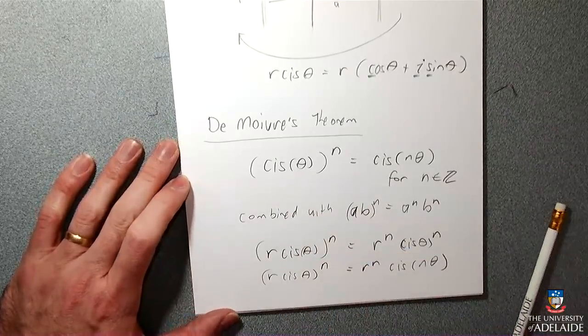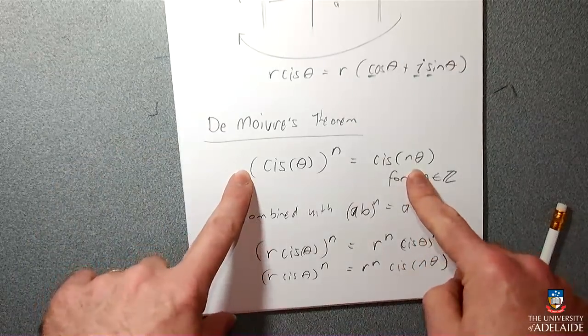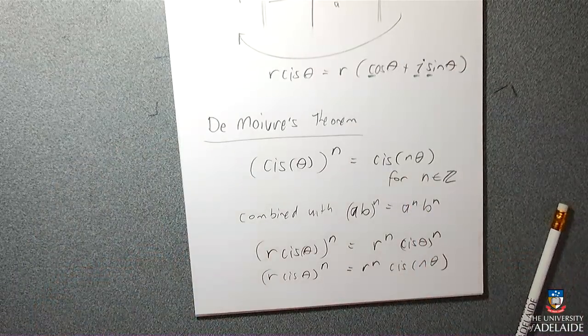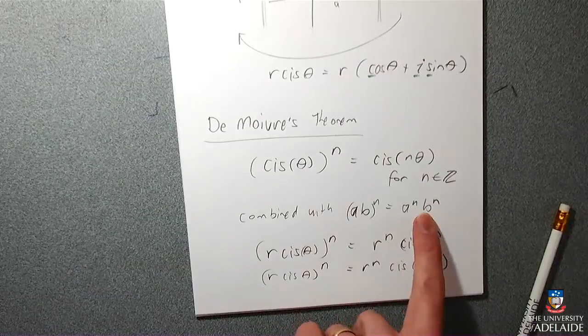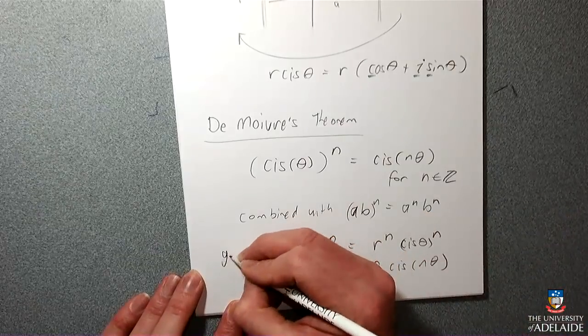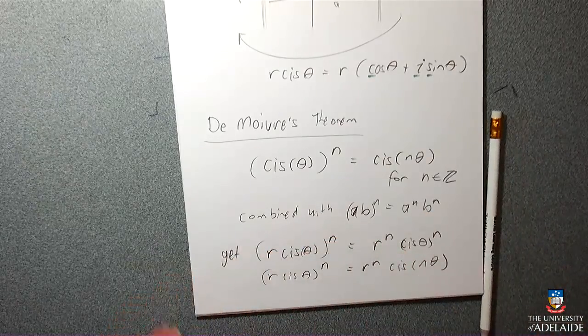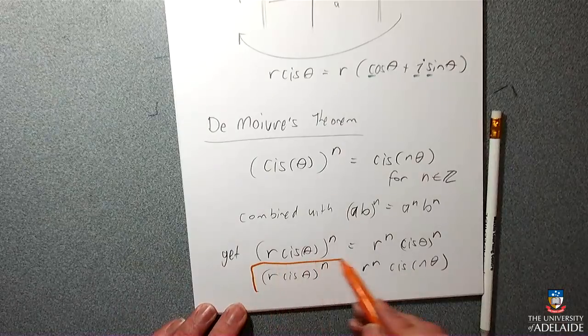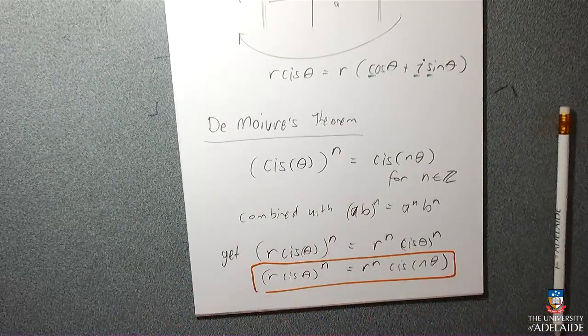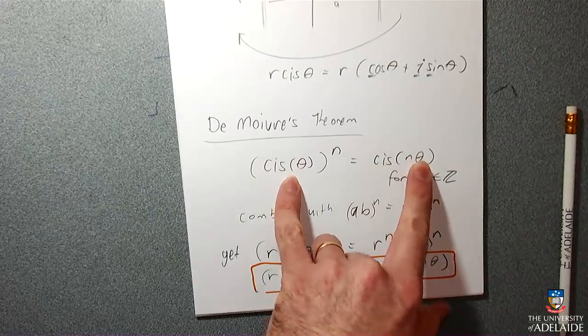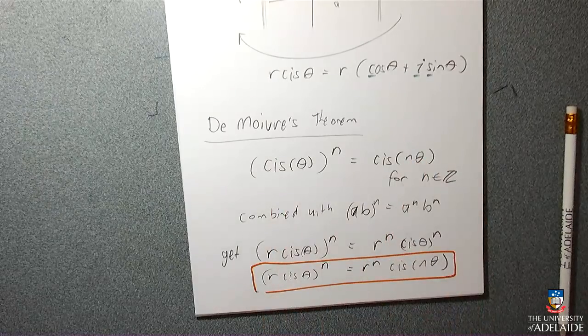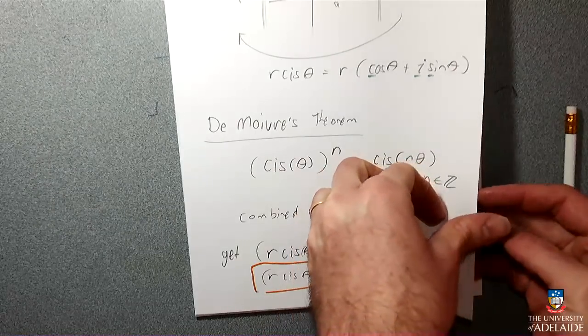Okay, cool. But I don't remember this one, I just remember this one. Because there's no particular reason why the real number part should behave any differently to any other real number. You can do powers. So this one is the actual de Moivre's theorem in your notes. And so if your lecturer asks you what it is, you should probably write that down. But in my head, it's just this. I know what powers do to cis.